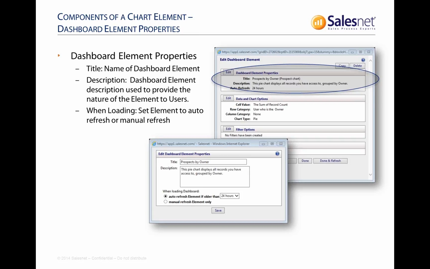The first one is fairly straightforward in that it's just the name and the description for the dashboard, so we can modify those. And then we have a refresh setting here. So dashboards are somewhat like a push or subscription model in that they don't refresh every time you go to the dashboard page. So if I went to the dashboard page once every 5 minutes, the system would not automatically give me fresh data. There is a minimum of a 4-hour window that the system will perform an automatic